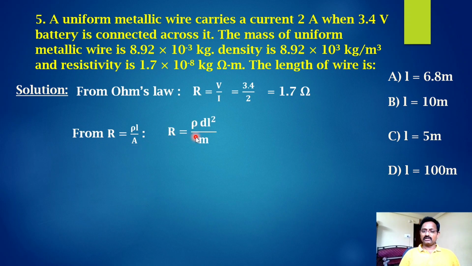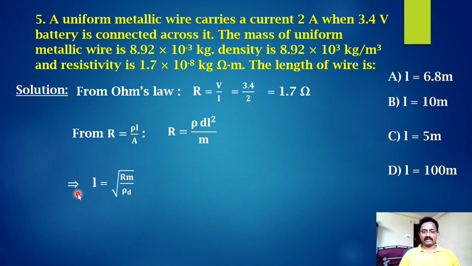we can write R is equal to rho into density into L square by mass. So how we got this? So here multiply numerator and denominator with L. So in the numerator L square we will get. In the denominator A into L, volume, we will get. In the place of volume we can write mass by density. Its reciprocal, density by mass. That implies,